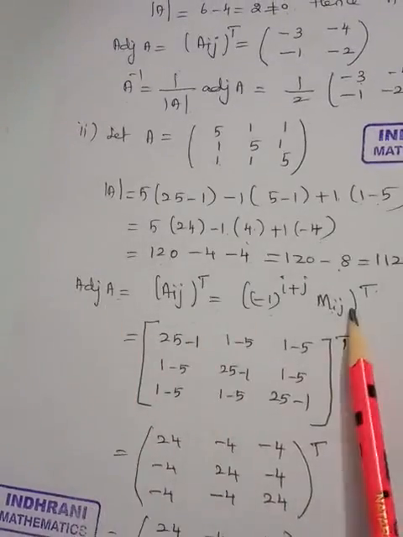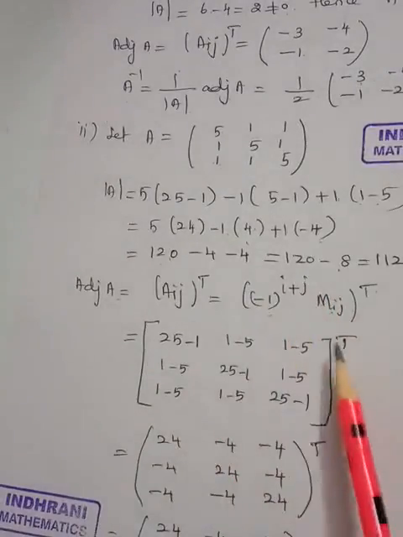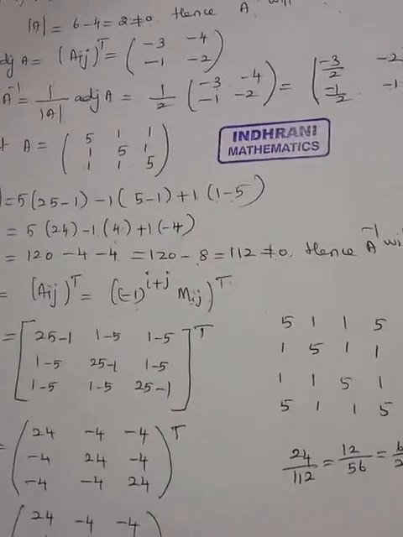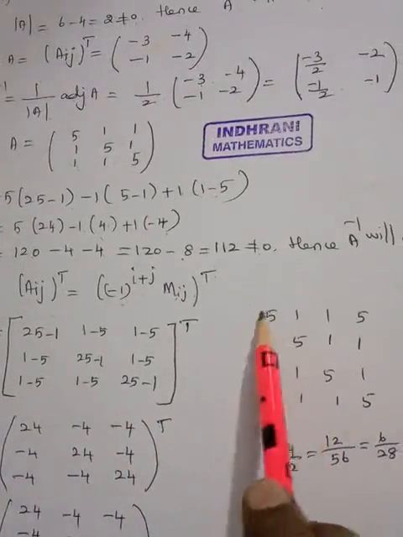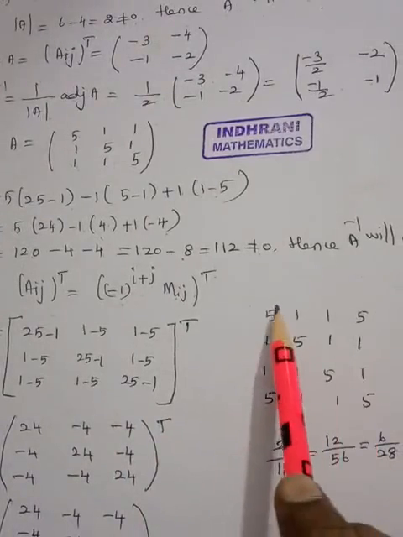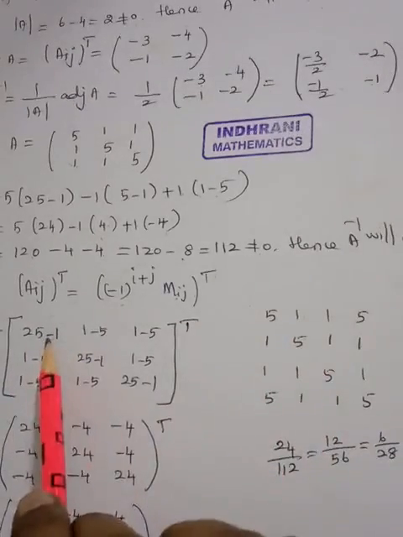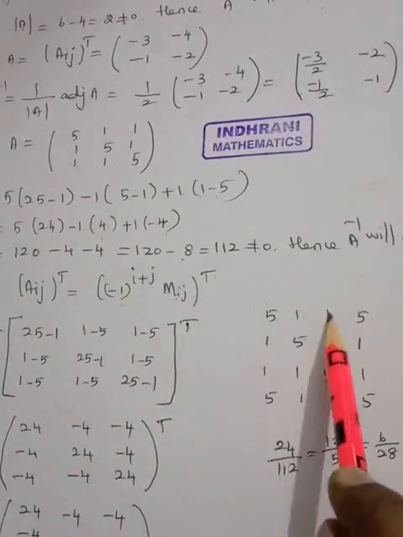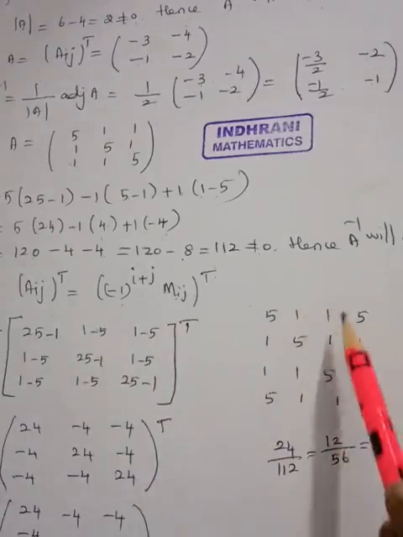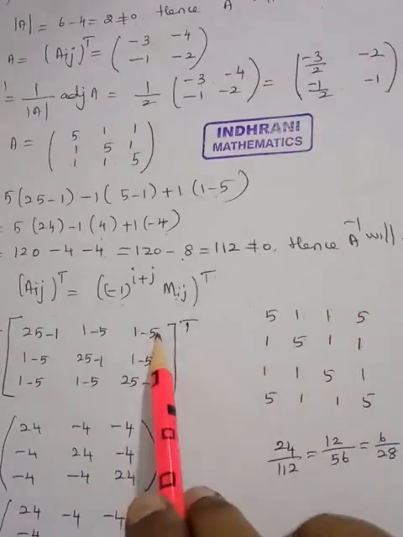Now we are going to start with the adjoint of A. We have written the formula. Now the signed minor, for that I am going to use the rough work calculation, whole transpose. What is the rough work calculation? Finding the determinant for the first row and first column elements. So you will get 5 into 5 is 25, 1 into 1 is 1, that is minus 1. Now take the next 4 elements: 1 into 1 is 1, 1 into 5 is 5, minus 5. Again the last 4 elements: 1 into 1 is 1, 5 into 1 is 5, that is minus 5.